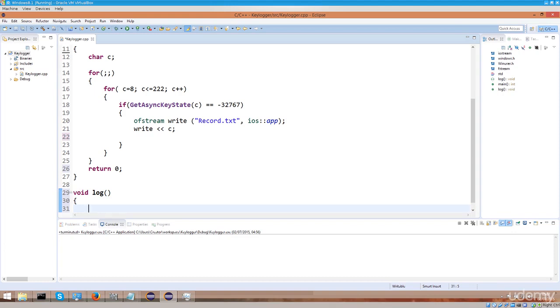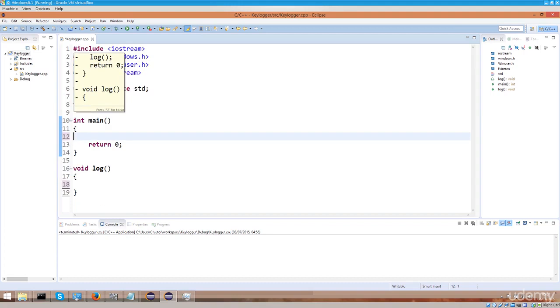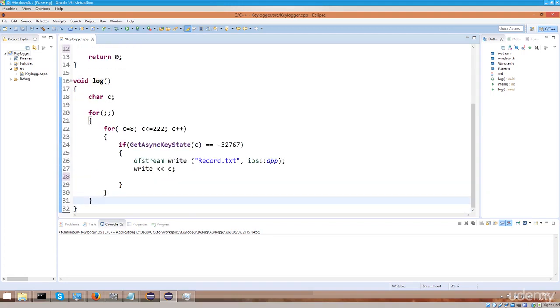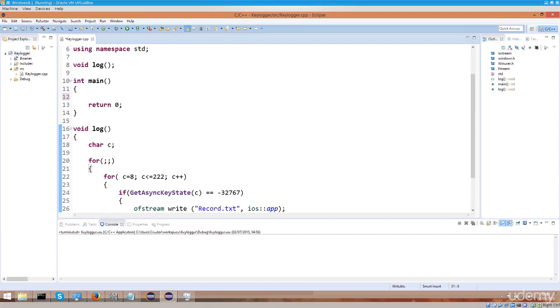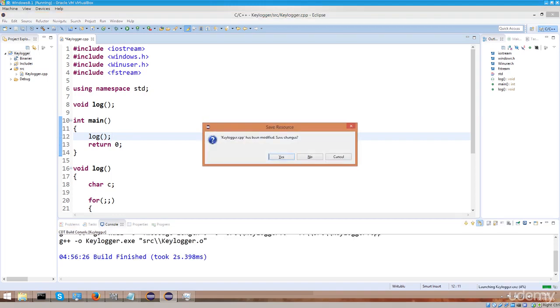I know I've copied this, but let's just cut it. That will be easier. There we go. And now what we need to do is type in log here, call the function in main, that's it. So this will work. You can test it out by typing in Control F11,